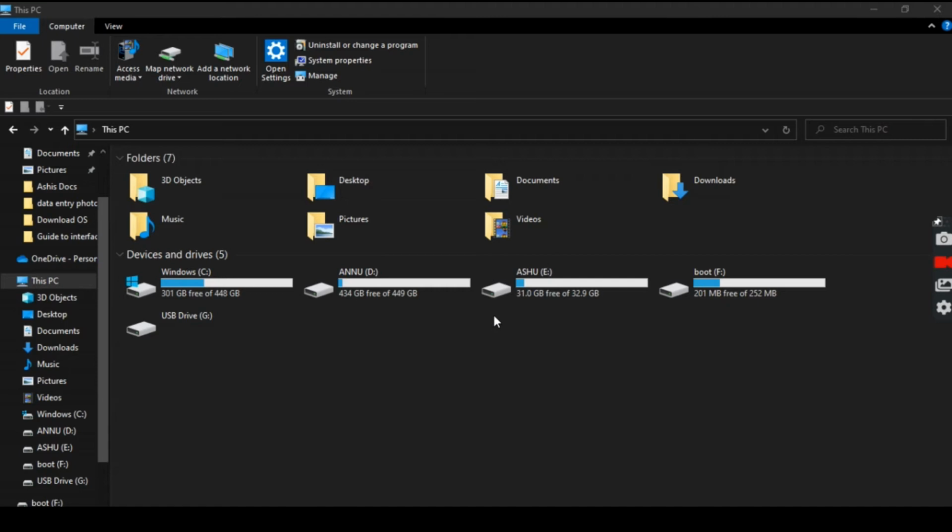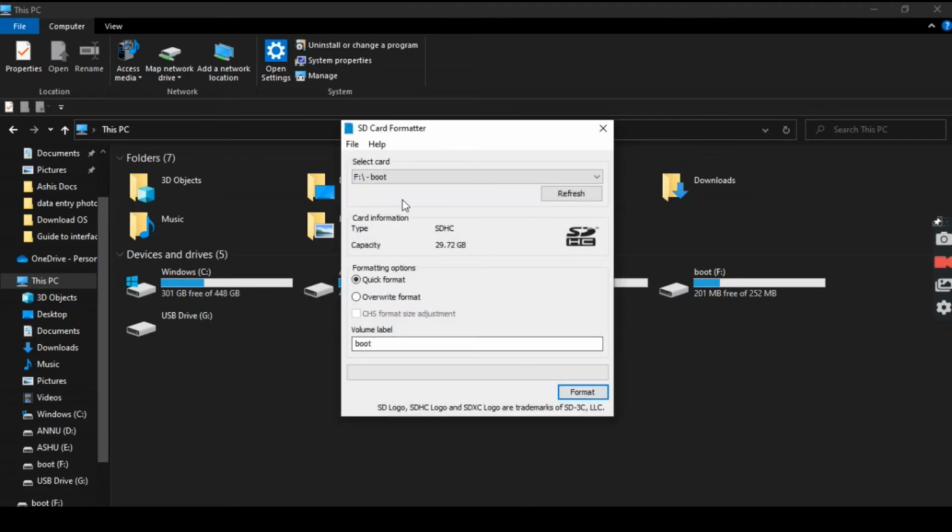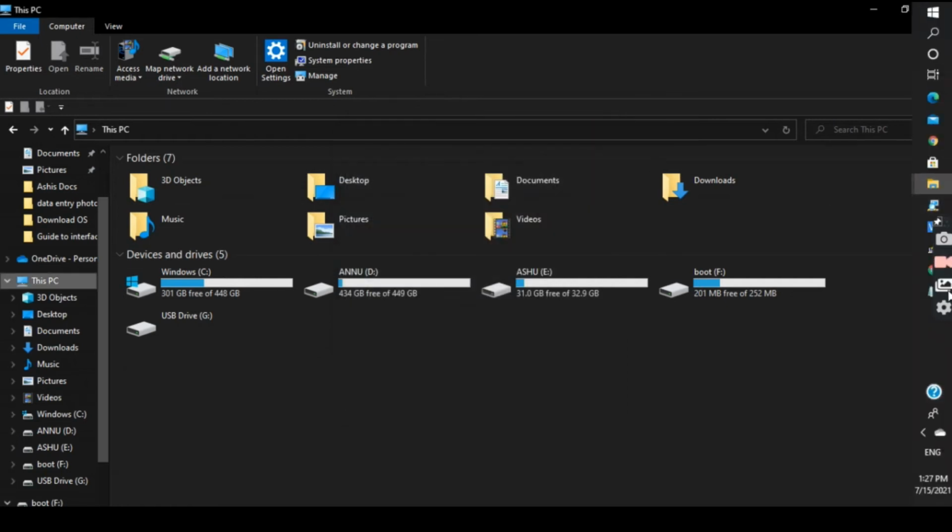You have to format this. Select your card name, in my case bootf, and format. Click on format. It will take only 2 seconds to complete, 2, 3 up to 10 seconds.